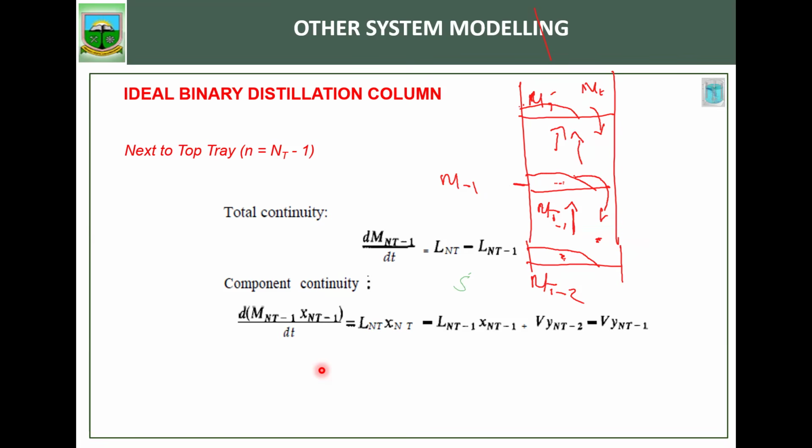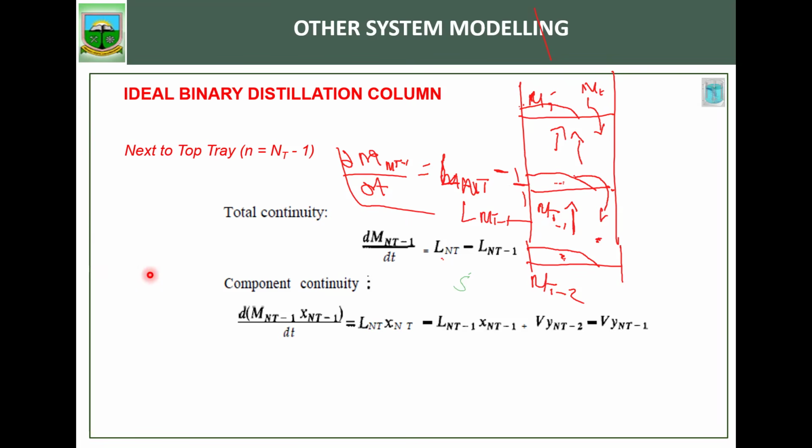Okay, so with this, we can write the continuity equation for NT minus 1, which means that the mass on NT minus 1 with time is equal to the liquid that is coming in. The liquid coming to this tray comes from the top tray, which is NT. So it's going to be liquid NT. And the output is what is leaving, which is liquid NT minus 1. That's the total continuity equation. Then if you want to write the component equation, we will have,